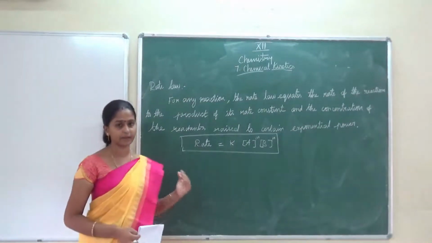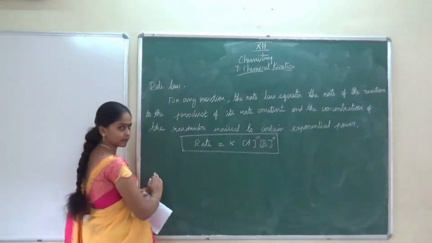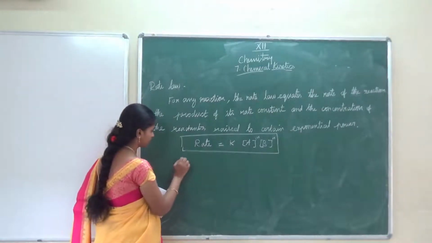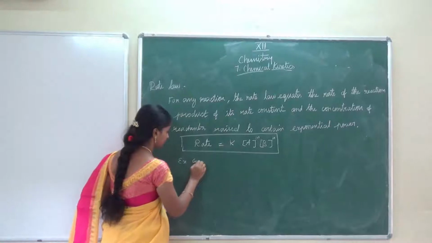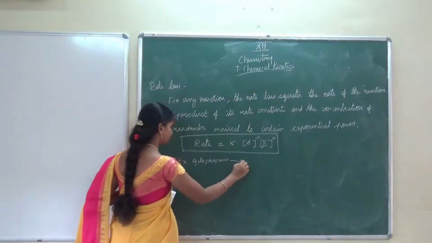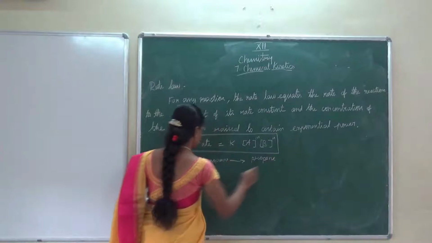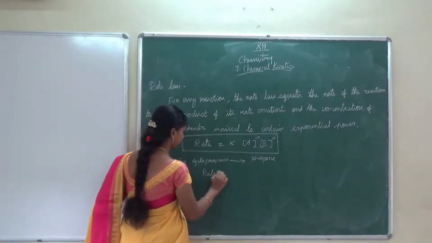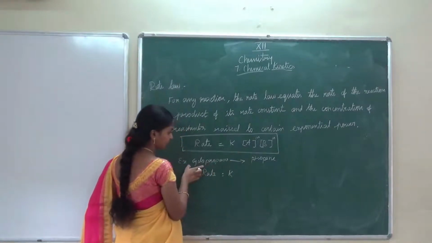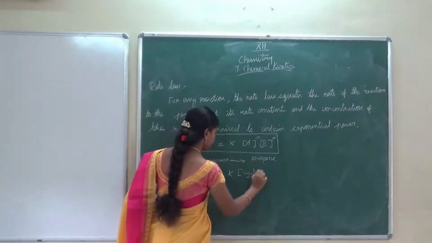In the last video we discussed cyclopropane. Do you remember? Yes, cyclopropane is converted into propane. When we write the rate law for this equation, how will you write it? Cyclopropane is converted into propane. Here you write rate is equal to k into the concentration of the reactant. Who is the reactant here? Cyclopropane.